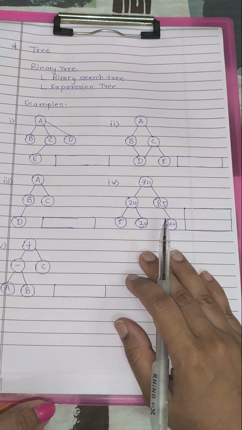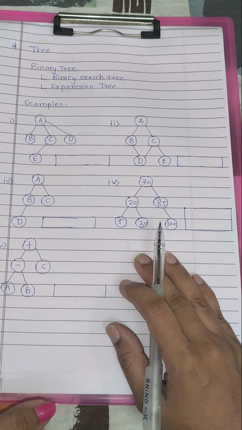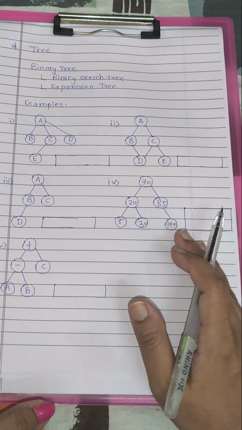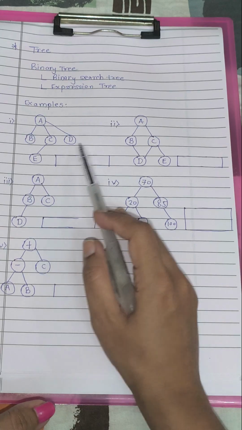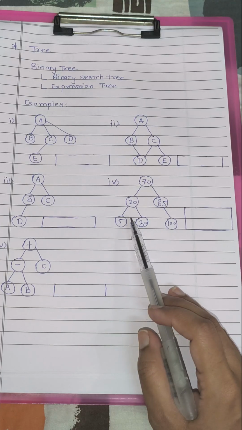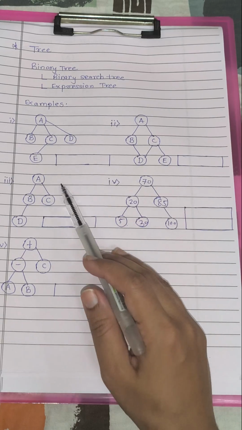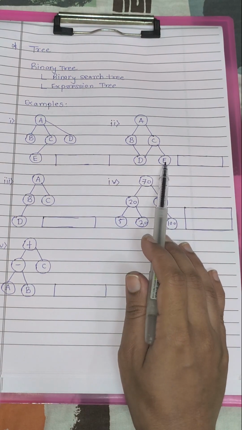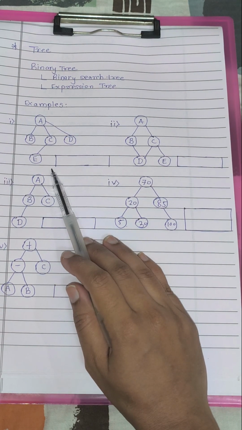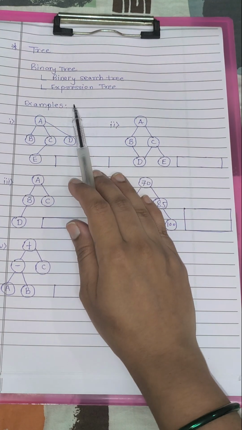It is not there in the case of a tree data structure. So it is very different from a linked list in terms of data storage or how the data is linked. You can see the data linking in all these different examples. It is not sequential, it is not linear, it is hierarchical. Now, let's discuss each example and understand which type it is. Let's talk about the first tree data structure.